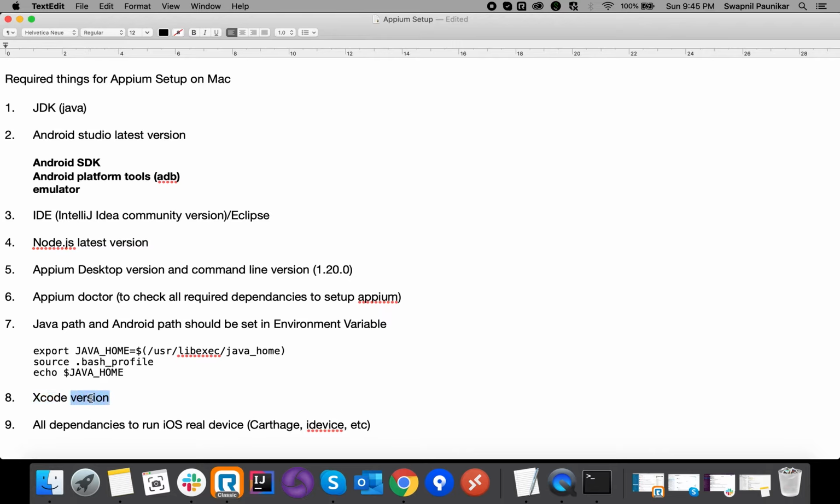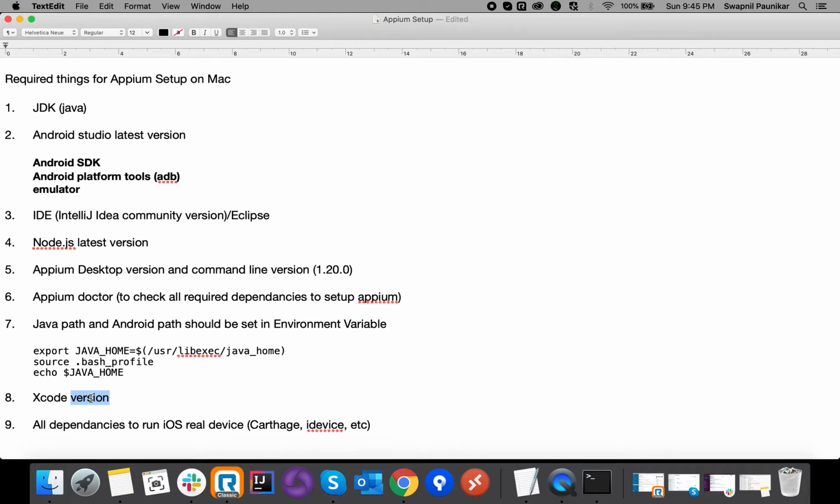If we want to run on a simulator or on iOS devices, guys, this is important. I'll just give you an overview of the compatibility for the iOS stuff. If I check Xcode releases, guys, if you want to download Xcode, we have two options.